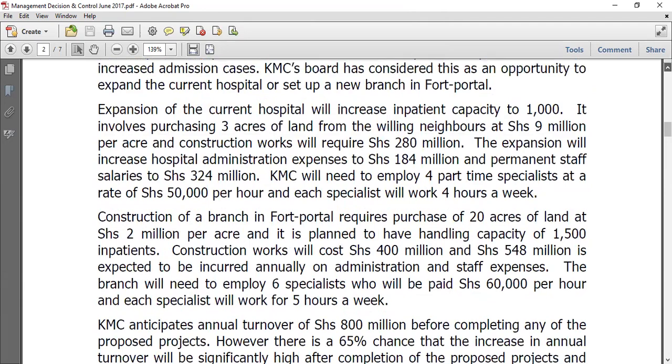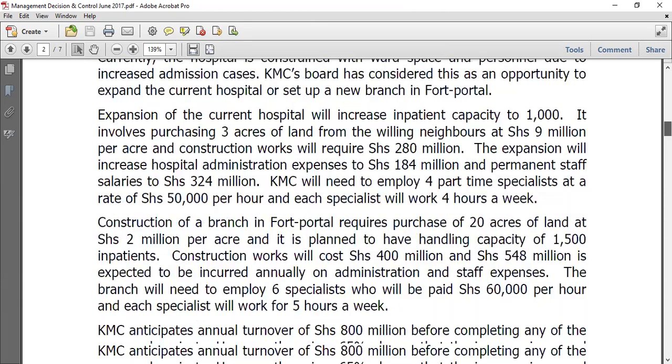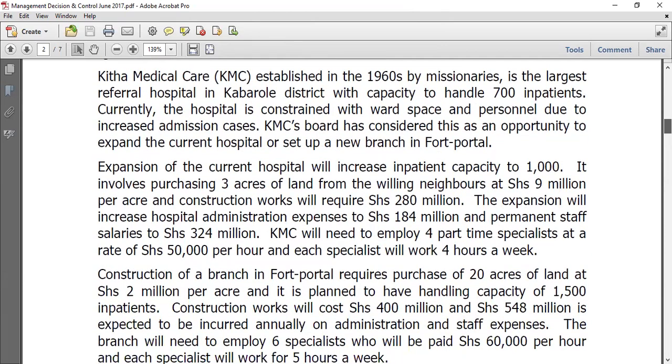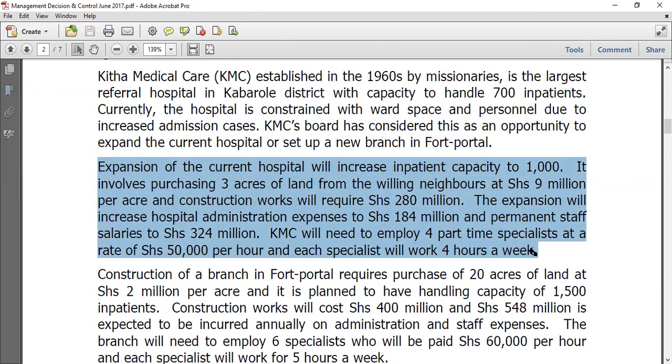And yours is to now go back here. Remember, management is seeking the best option, okay? And what options do we have at hand? We have an option to expand the hospital or set up a new branch. That is basically what we have right there. So what that means is we have to determine how much we are making on each of the respective projects, okay? So as you can see, they're telling us the KMC board has considered an opportunity to expand the hospital or set up a branch. So this is basically what they're telling us, what will happen when it comes to setting up a branch or expanding the current hospital, okay? So yours is to determine